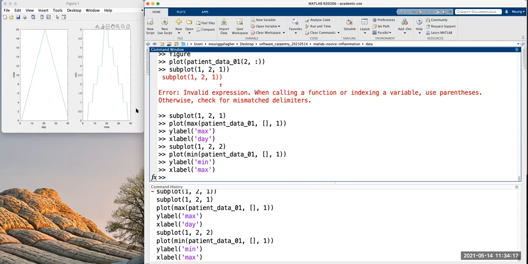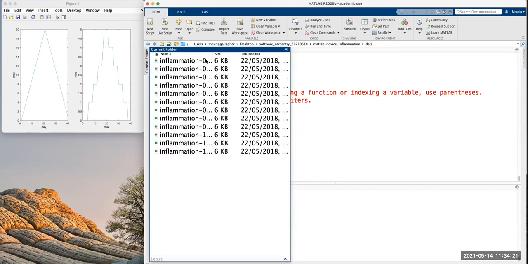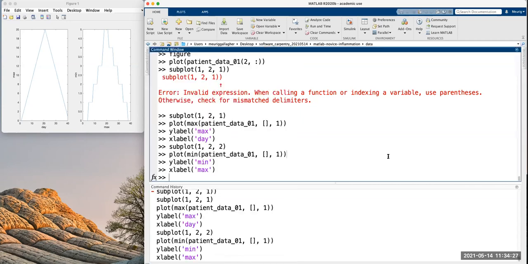So we really want to go through and check this in more detail, but obviously we've got so many files in here. We've got, how many do we have? We have 12 different inflammation files. We need to check each one by hand. This is going to be really tedious. We'd have to go through and kind of understand what's going on, make plots for every single one, maybe do the image plot so we can see what's going on. That's going to take a lot of time.